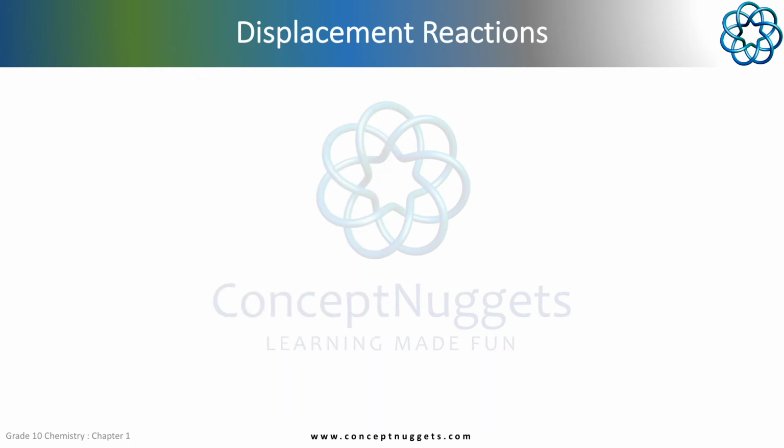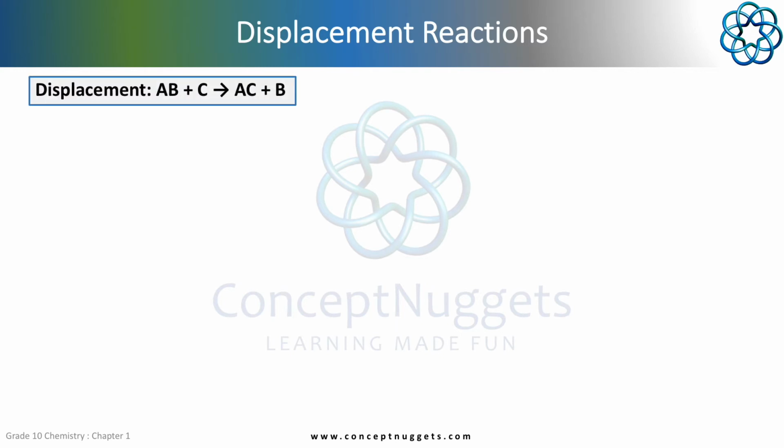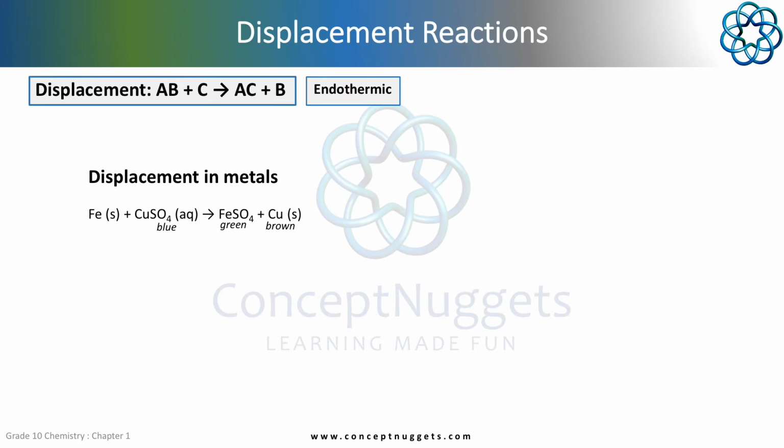Having seen the reactivity series, let us look at a few displacement reactions in detail. As mentioned previously, all displacement reactions are endothermic. Displacement reactions in metals. Iron displaces copper from blue aqueous solution of copper sulfate, to form light green ferrous sulfate. Brown deposits of copper are formed on the iron, or at the bottom of the container where the reaction takes